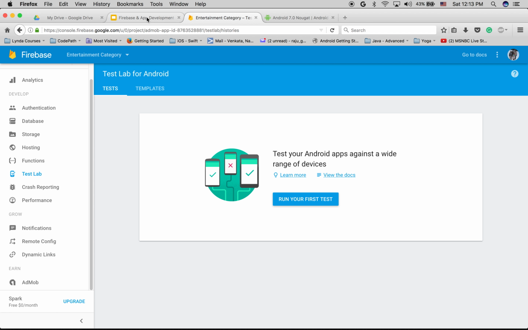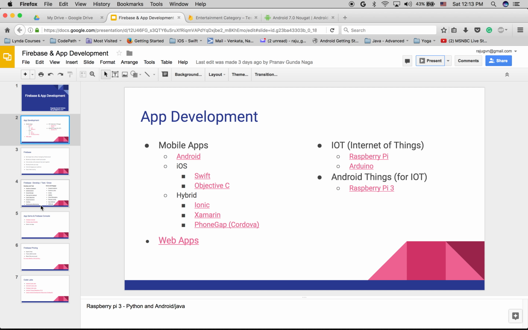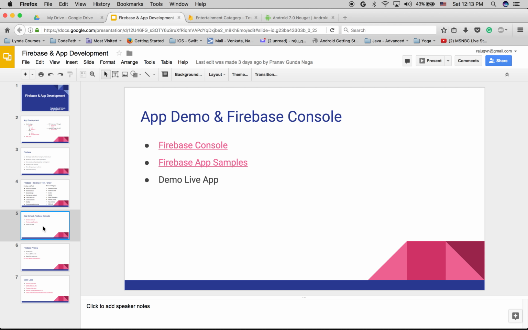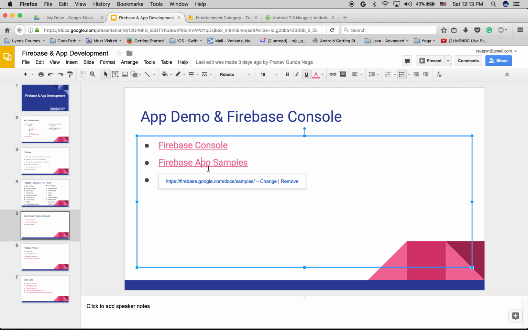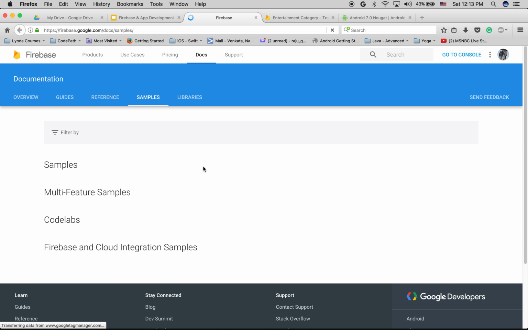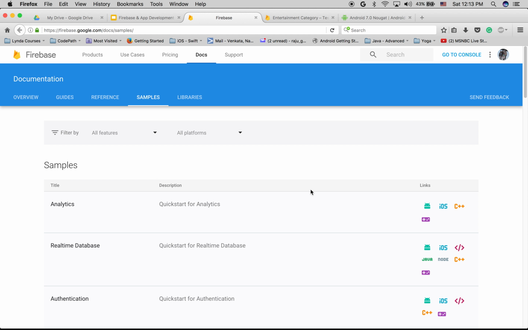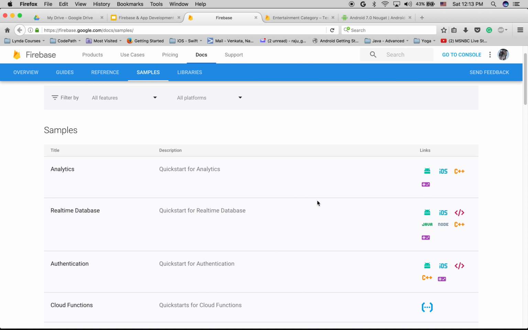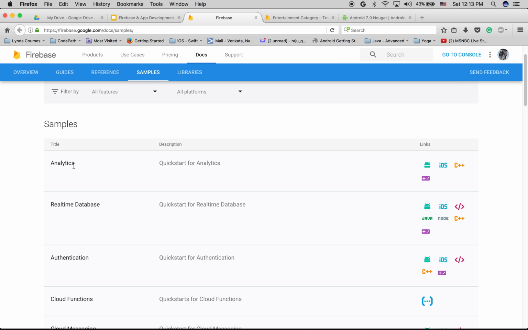So let me go back to my presentation again. I think we are here. The next item is Firebase app samples. Let me open this. Firebase has a lot of sample applications available. If you want to understand more about analytics, they have Android, iOS, C++, or Unity.